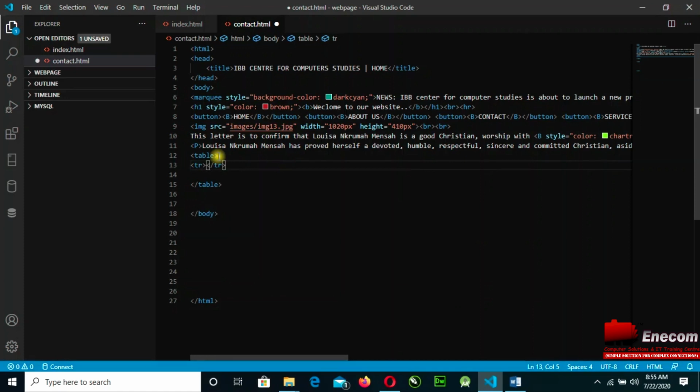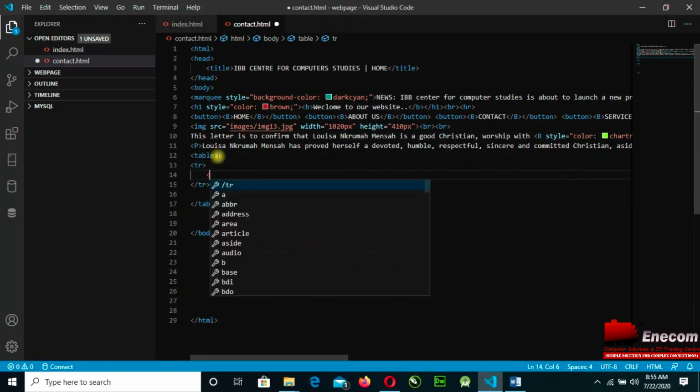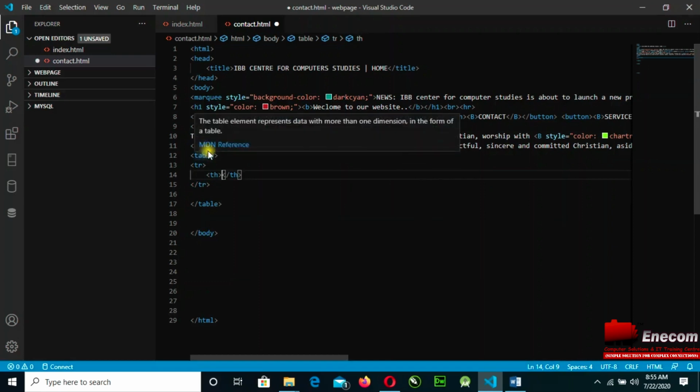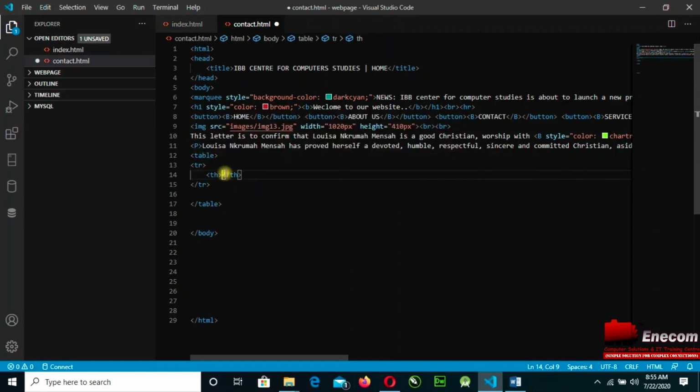So the table row, I will give it something called th. Th represents the data collection. So in the th I should insert maybe name. So these are my data collection items.